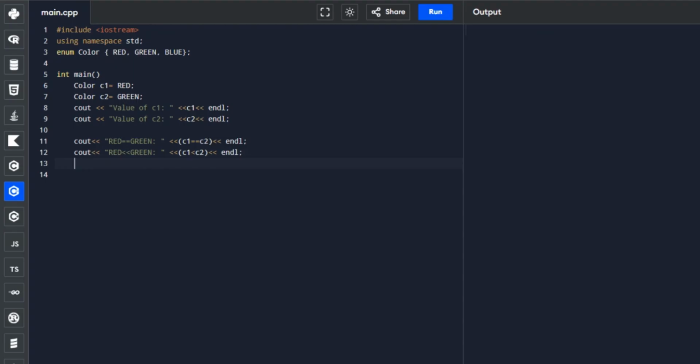So let's declare int add, a variable that can hold the sum of C1 and C2. Let's add these two, and then end with a semicolon. And let's try to display the value of add.